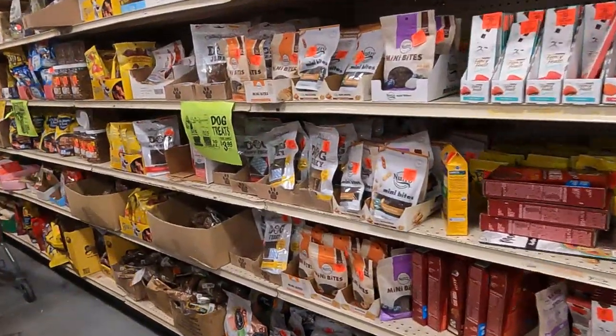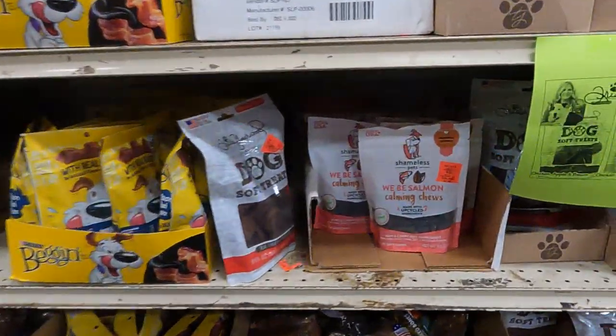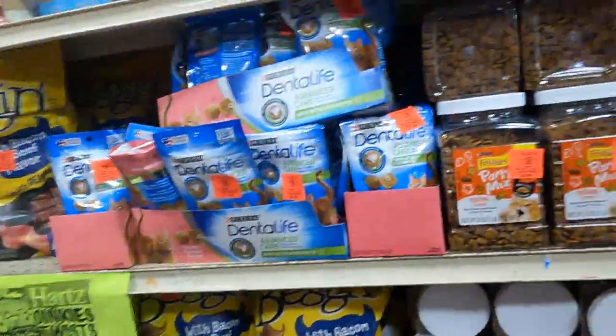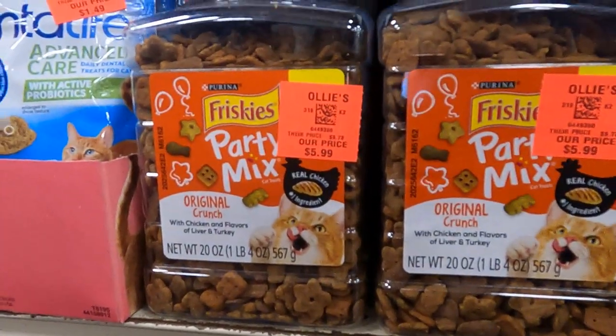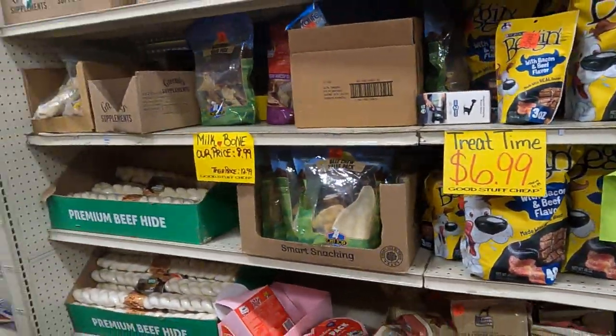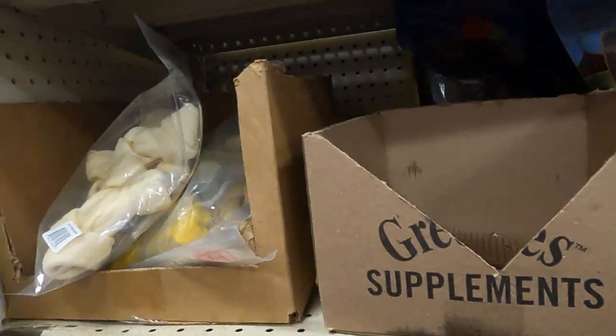We're in the pet aisle, and a number of these items I've scanned. Ooh, I haven't scanned that one. I gotta check that out. But all these others I've scanned. I do have a decent amount of these. If I'm just holding on to them, it's got a really good expiration. Probably sell them in February, March. But this item right here,